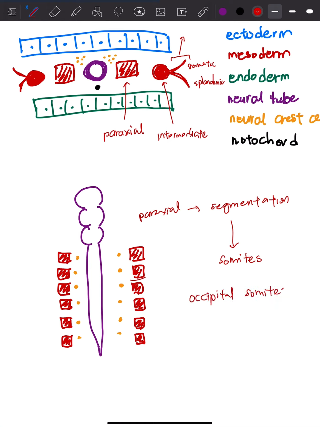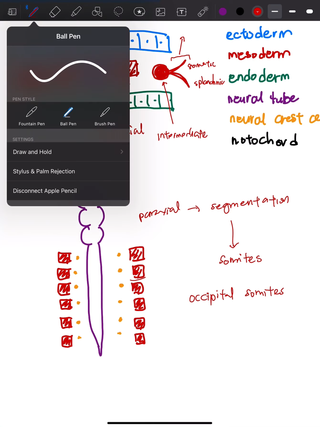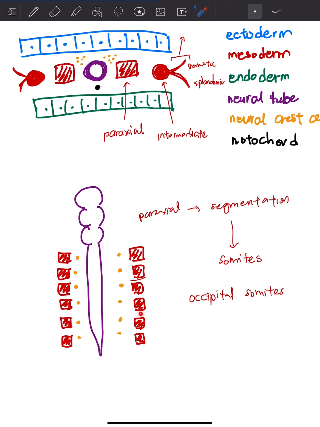Right, so somites, you're going to eventually produce close to 50. Some books say about 44, 45, some books say close to 50, throughout up till week 5 of the embryo's life. And these somites, we're going to see how they take part in the